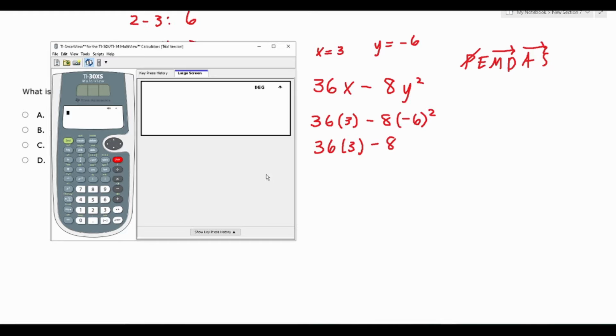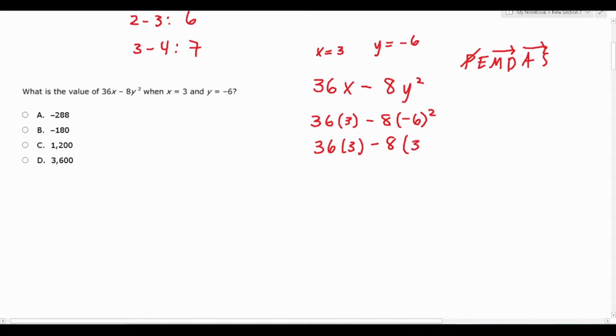And let me clear this real quick. We have -6 squared. So I'm just going to type it in as I see it into the calculator. -6 squared. Okay, so we can see that that is 36. Again, we worked out exponents, so now we're working out multiplication and division as they appear from left to